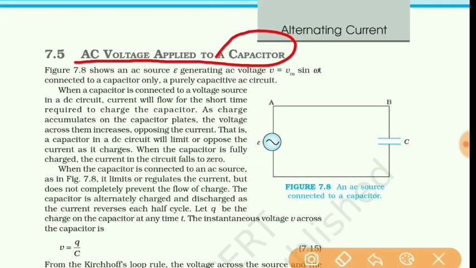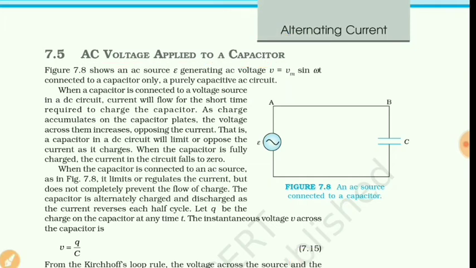So students, individually, when the resistor is connected, then when the inductor is connected, and then when the capacitor is connected, we have studied the behavior of the circuit, their phasor diagram, and the phase angle between current and the voltage in that circuit. Now,